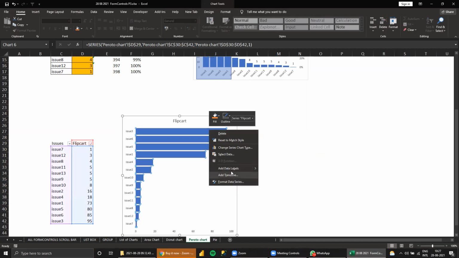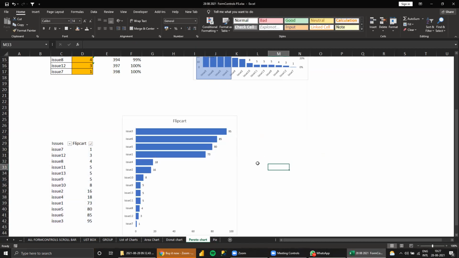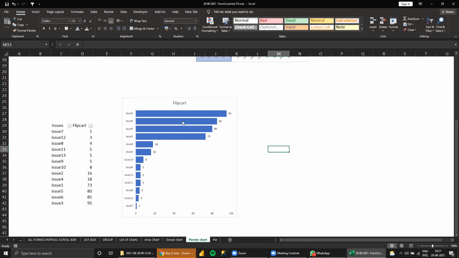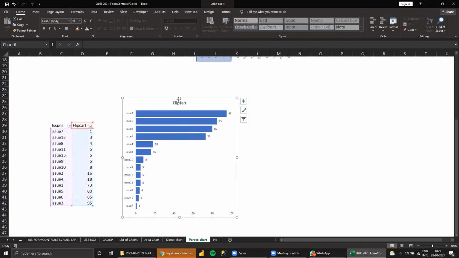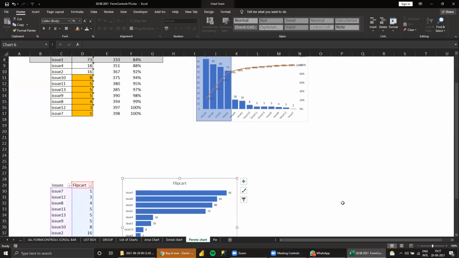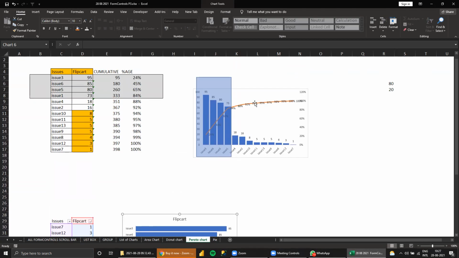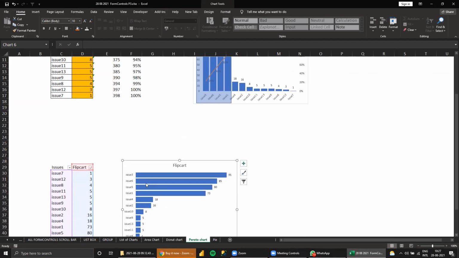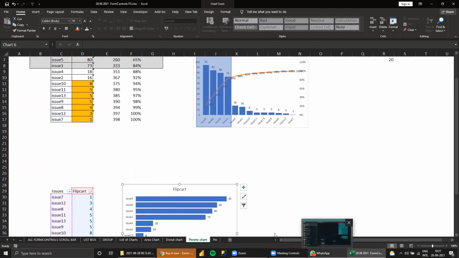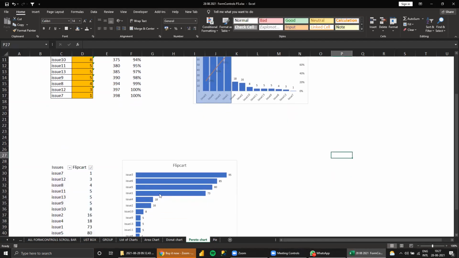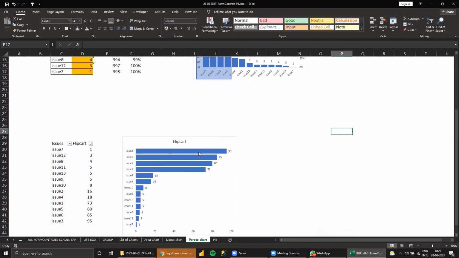So you can add data labels. Okay. So like this, this also we can plot. See, this is the main area we can focus on. Okay. So this also, we can see here. But show the percentages, yes, but without that also you can see. But without a line chart, we cannot see what is the percentage of issues. That is it. We can see the line chart also.